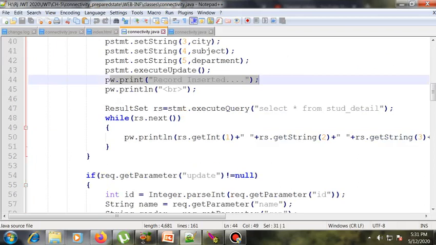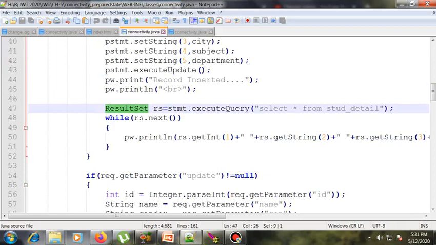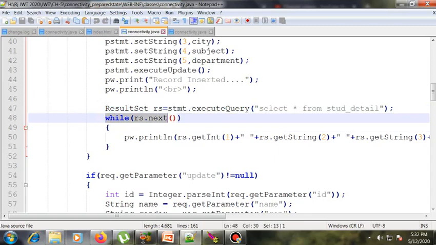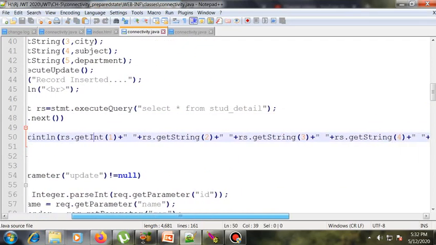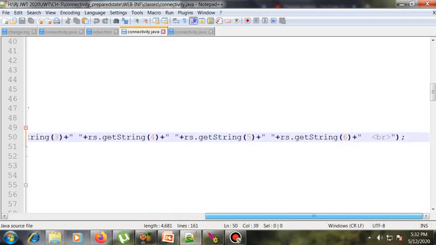After that, if you want to print the whole values, you can use the ResultSet, as we discussed in the previous lecture. You have to call executeQuery with select star from stud detail. For printing, you use a while loop with rs.next, getInt for the ID and getString for the rest of the values.